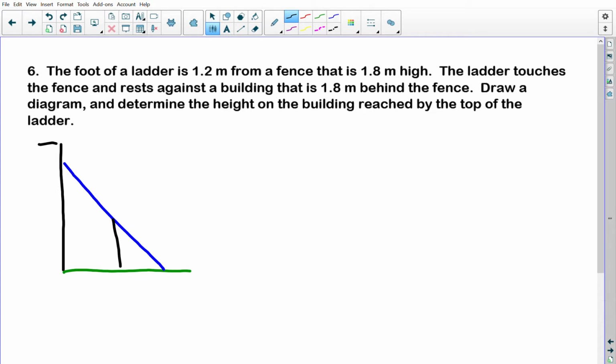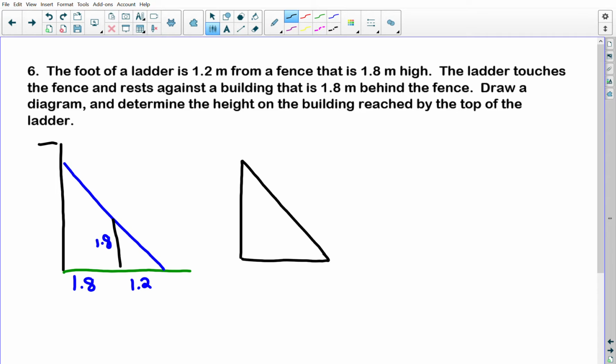Okay, so we know that the fence is 1.8 meters tall, and we know that that fence is 1.8 meters from the building. I also know that the bottom of the ladder is 1.2 meters from the fence. So here I see two different triangles I can draw. The first one